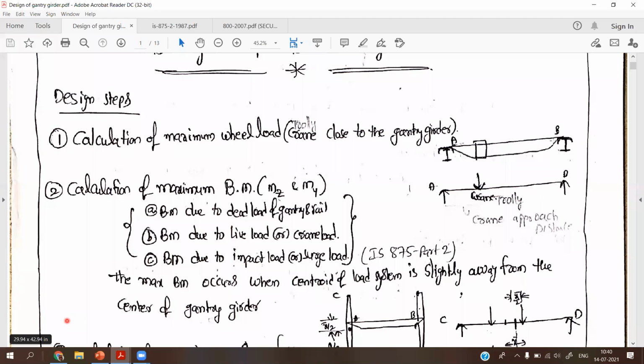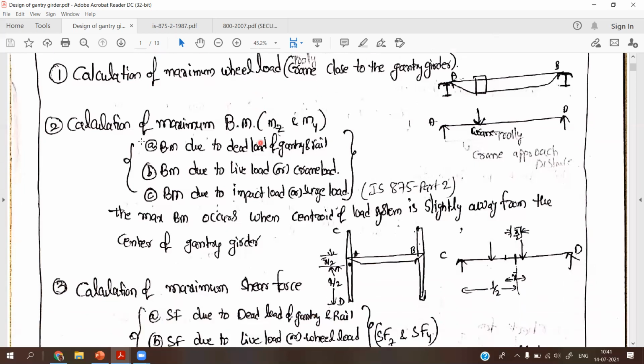So this is the crane. This is a crane girder, a trapezium shape. This is a gantry girder, and this is a gantry girder. So in order to find the maximum wheel load, we have to bring this trolley very close to the gantry girder. But we cannot move the trolley further up to this point, so the crane is stopped only up to here. So the maximum approaching distance is some fixed distance, maybe 1.2 meters or 1.5 meters of the trolley approaching the crane gantry girder. Okay, with this position we can get the maximum wheel load.